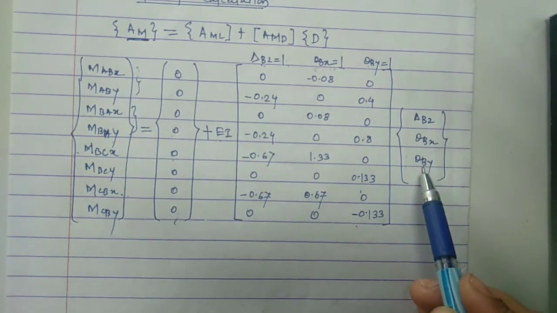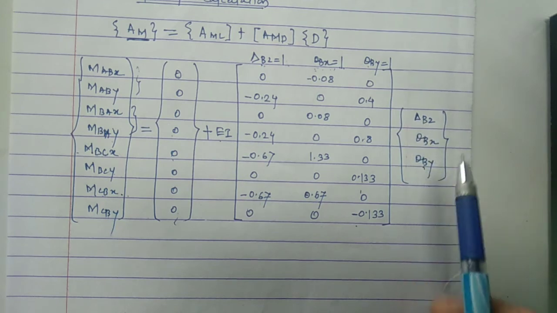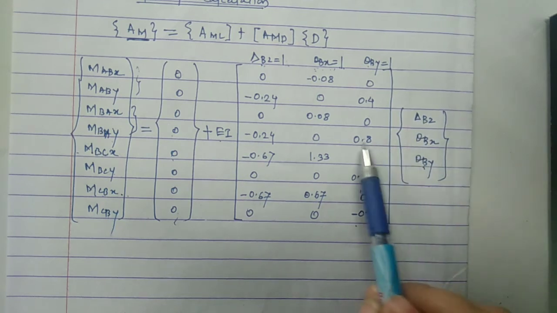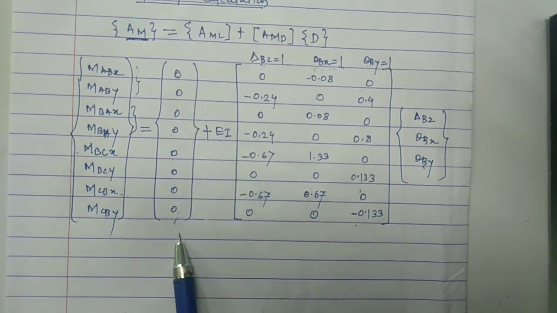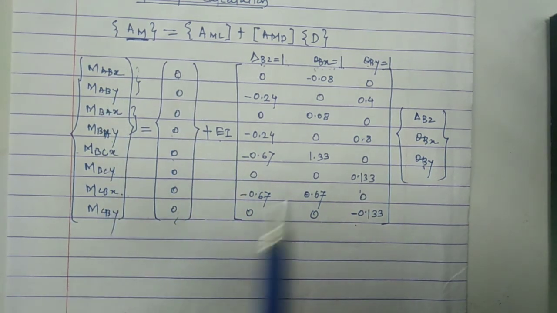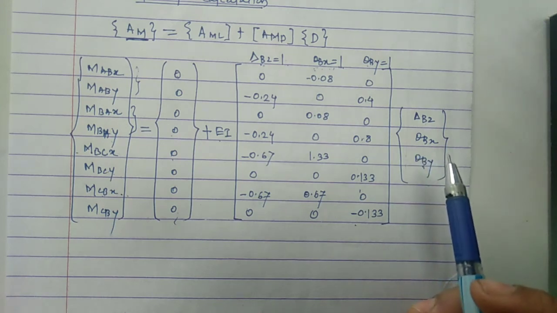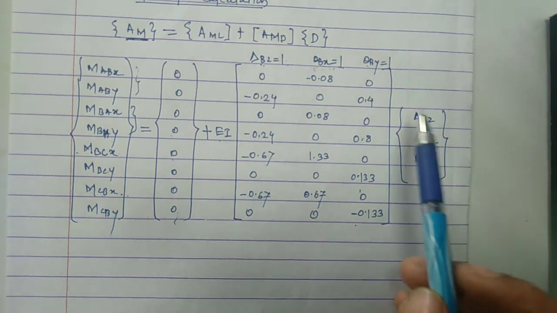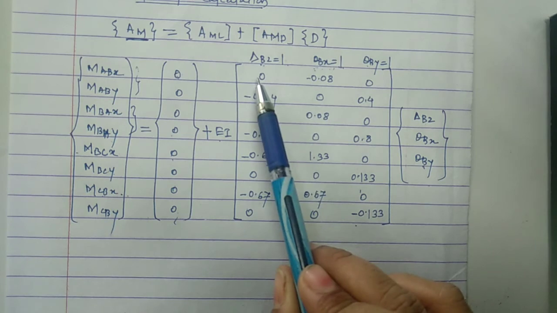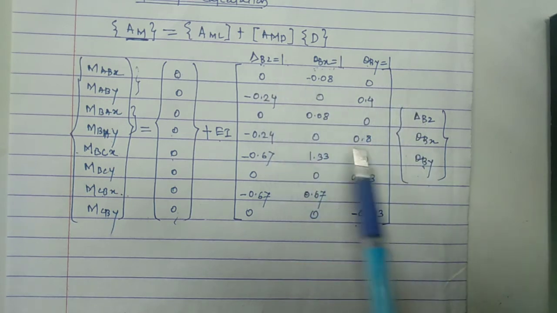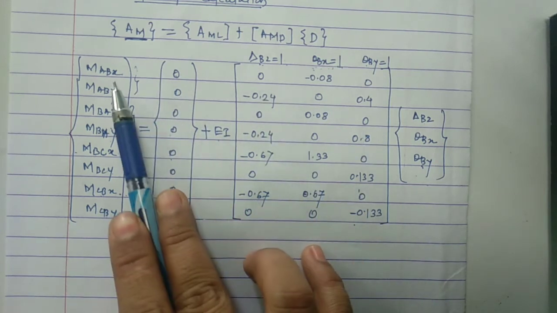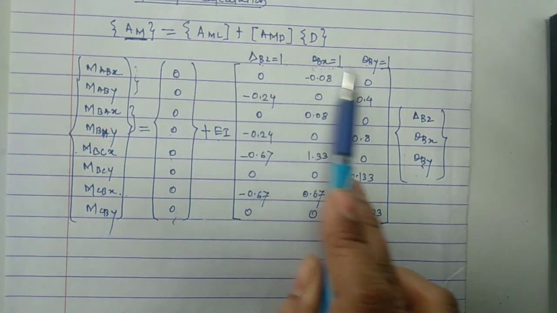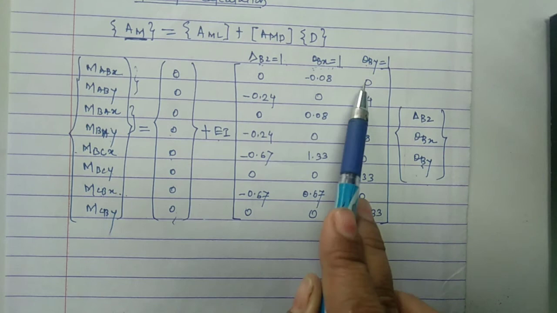Okay, so once this is completed, now last, the calculation of all these values. Already we have calculated these values, so put here those values. And while calculating, first you have to do the multiplication of these two matrices plus add this 0 column, that will be the final figures for this one. Already in one video we have seen the calculation of this product of matrices, that is first row into column, that will be the first value of ABX, that is first element into first element, second into second, third into third.